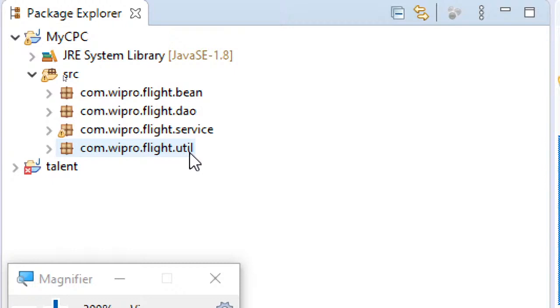All DAO related classes, that is data access object related classes, you will keep in DAO. All service related classes you will keep in the service package. And all util, that is database connection related classes, it can be a MySQL connection or Oracle connection, whatever it is, all such classes will be part of the util package.